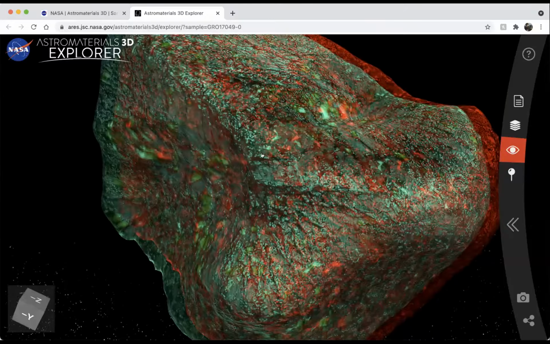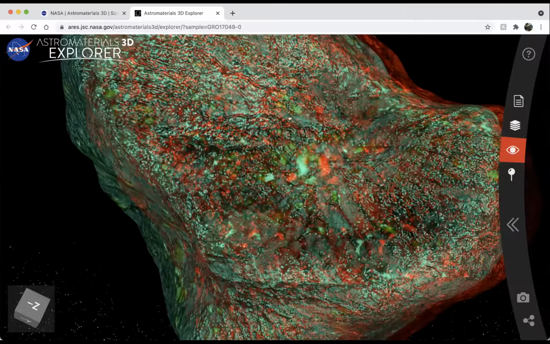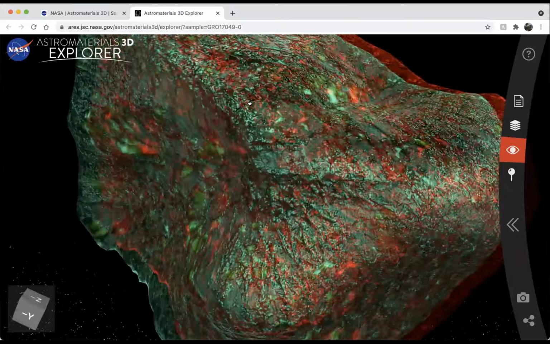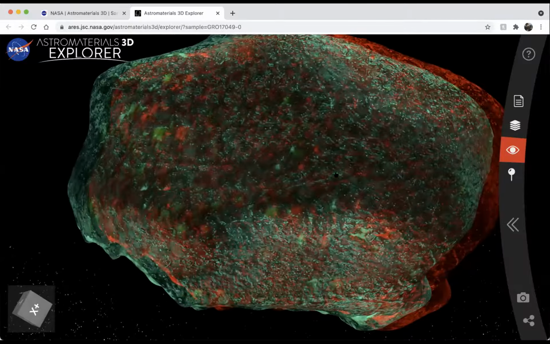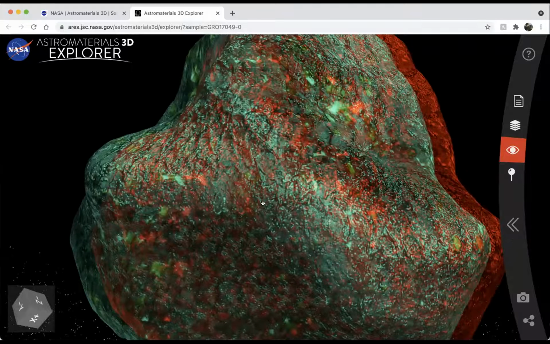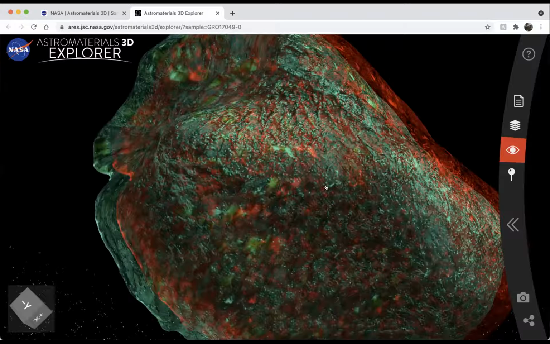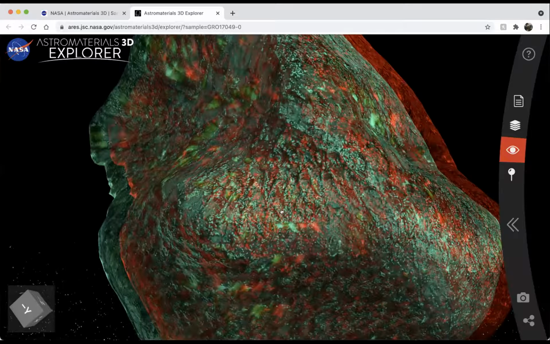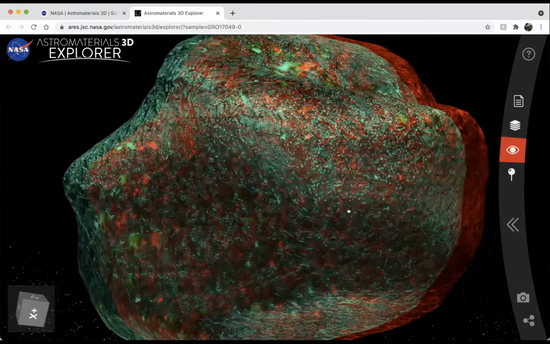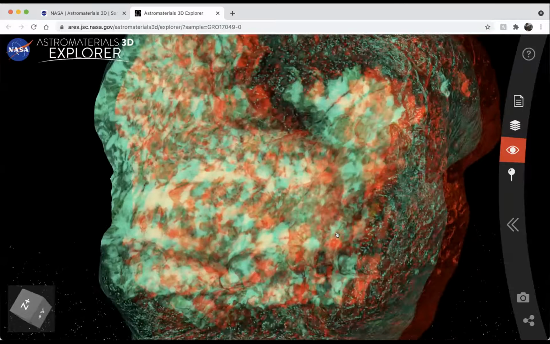But for those of you who do have 3D glasses on, and actually even those of you who don't can see this, you're going to see these long striations, these long kind of lines across the surface as I move around. And so this is the fusion crust. This is the part of the rock that, as it was coming through the atmosphere, was heated up, and there was an extreme amount of pressure as it was tumbling to Earth. And so these are called flow lines. These are lines that are created because of the process of it tumbling to Earth. Okay, well,